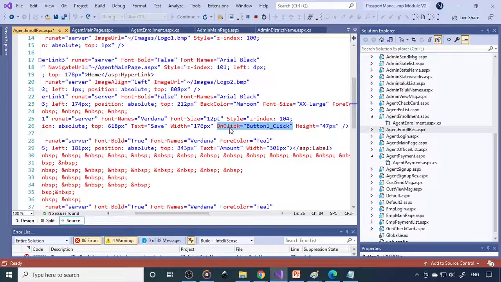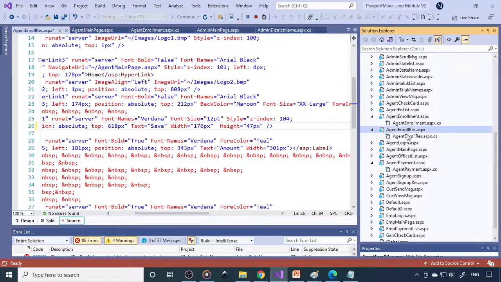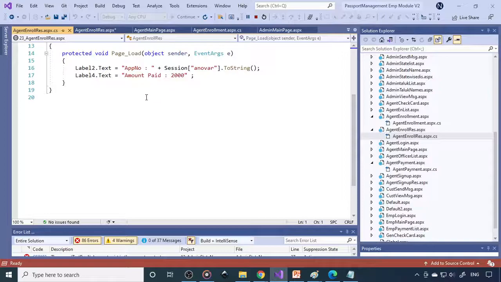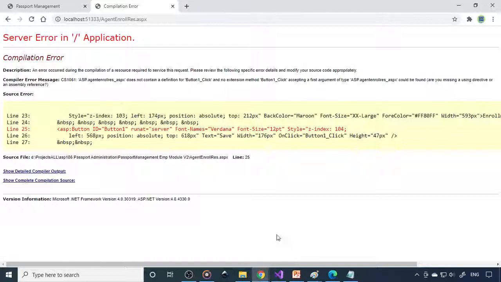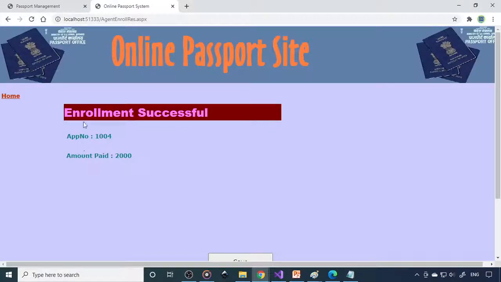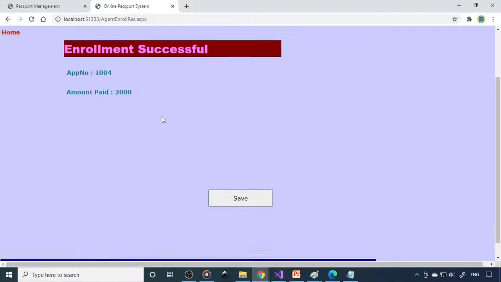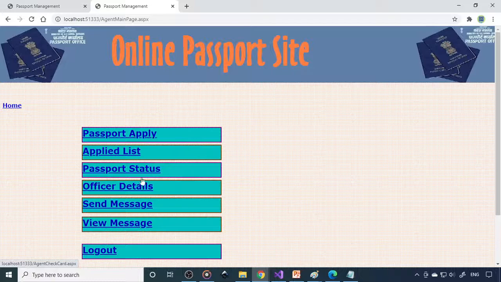So the error is due to this on-click button. There is an event already created, but that event is not there in the code. Okay. So if I go to the code and check, there is no click event. Because there is no click event, it's showing an error here. Therefore we need to take it out. Then save this, go back and refresh here. So now enrollment is successful, and the application ID is shown. So these are some errors that occur, but we should know how to solve them. This happens sometimes when you double click here. An event is created, so that event we need to take out.